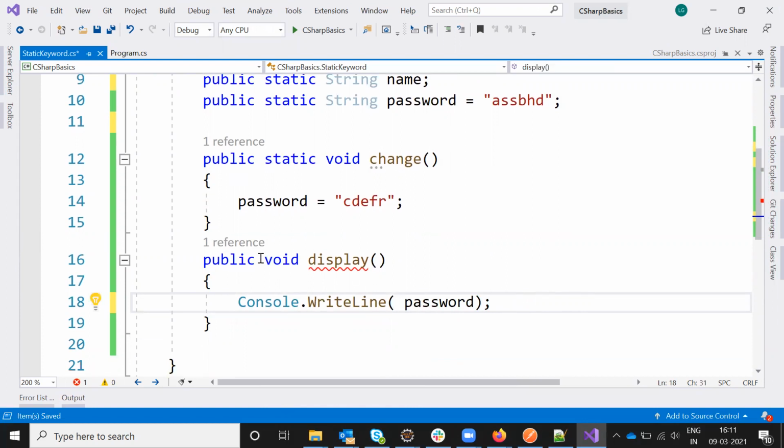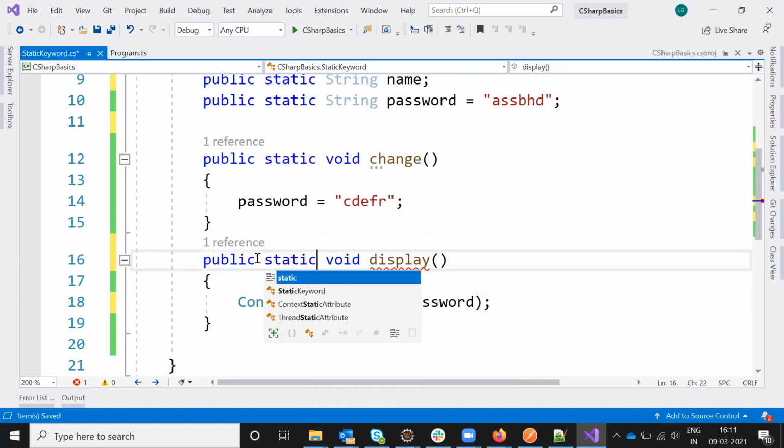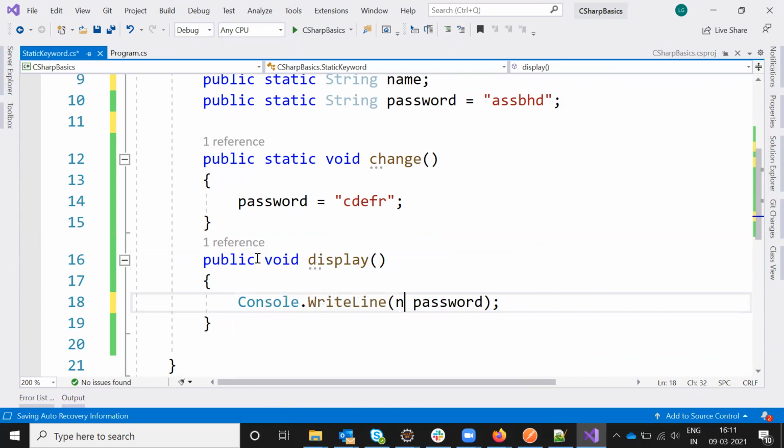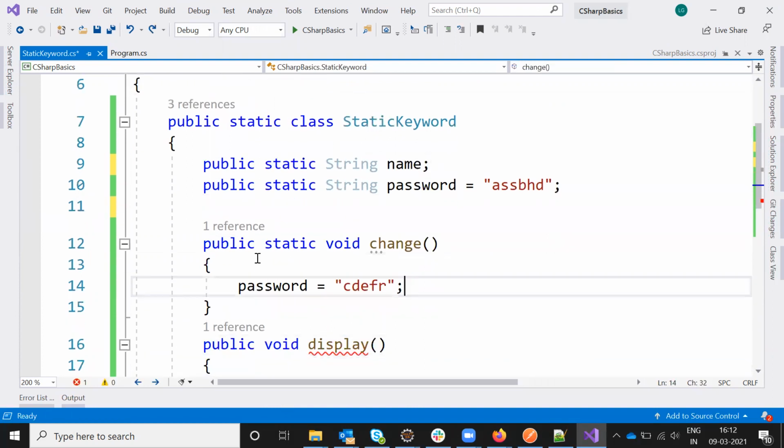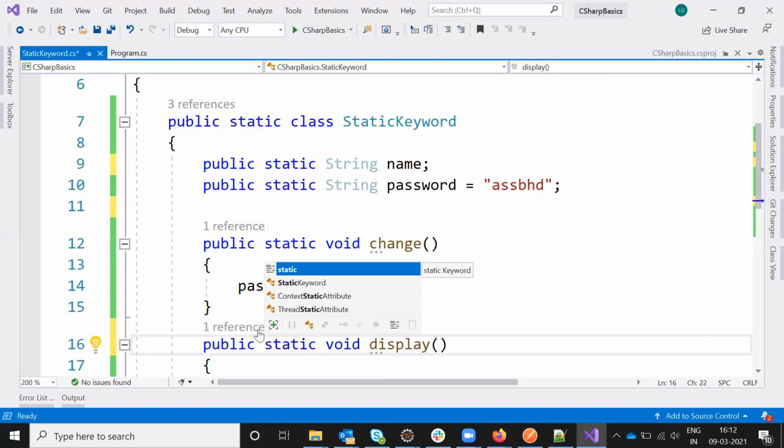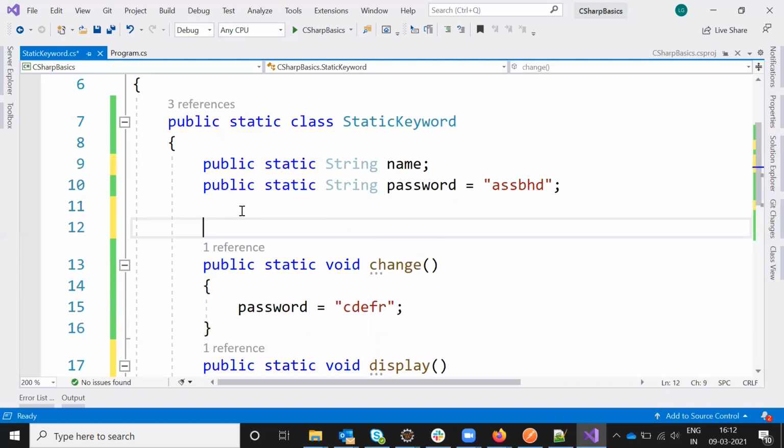This way, where non-static members are present, just make them static. This way we can access, and also see non-static members, right? Constructors also we can make static, and I'm going to do a constructor, public static, and this is the constructor.